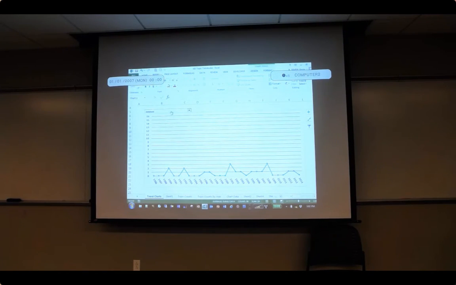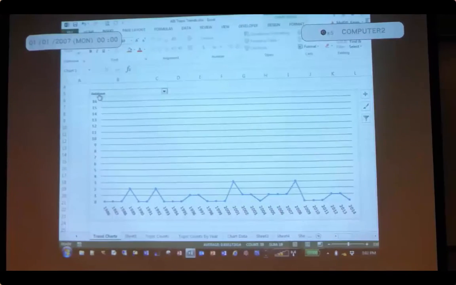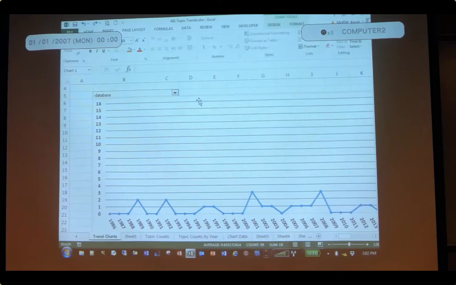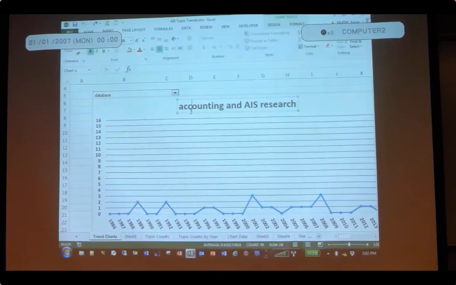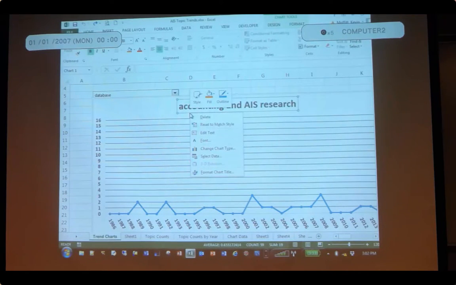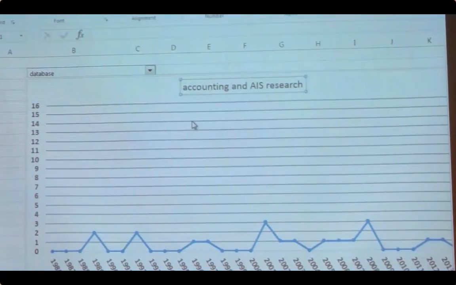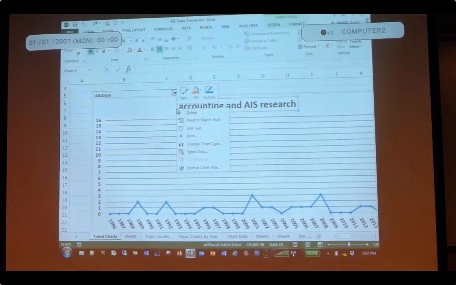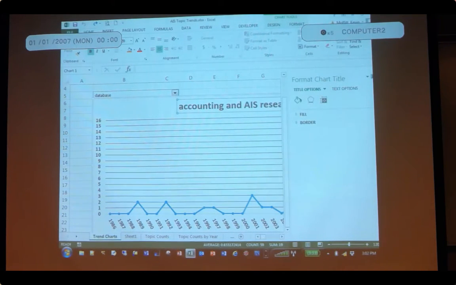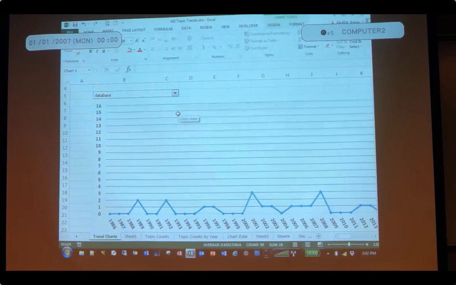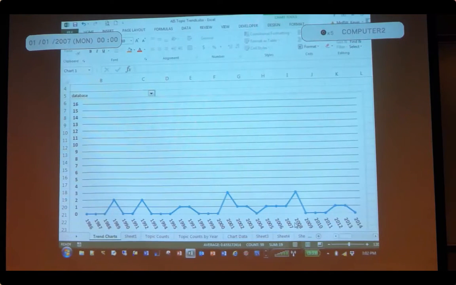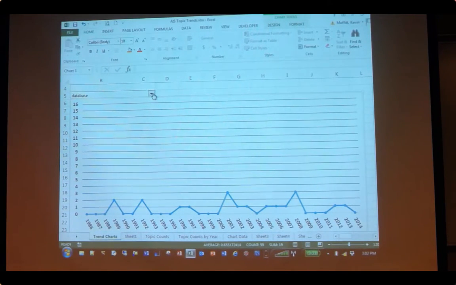Okay, can you read this word right here? Database. Yeah, database. Okay. I don't know why the title is messed up. It used to say whatever was selected here, but now it's always the first, the top one. And I don't know how to link it right away off the top of my head. Okay, database. All right, let's just talk about database.